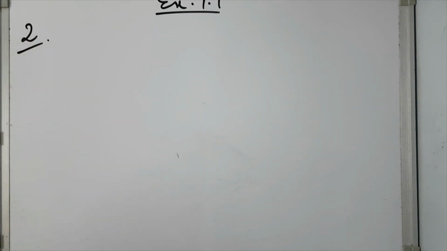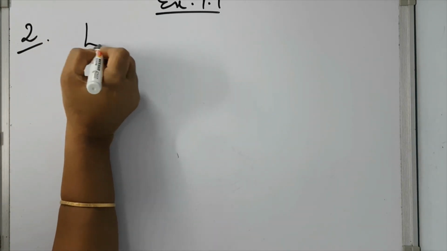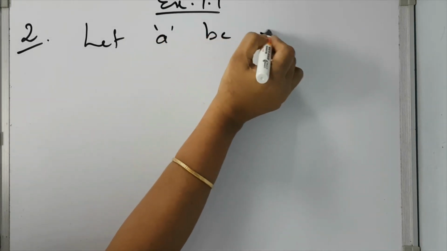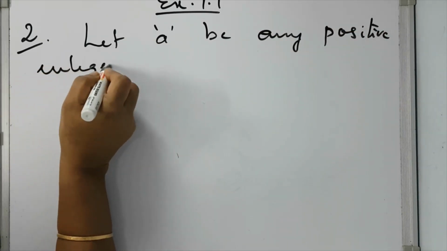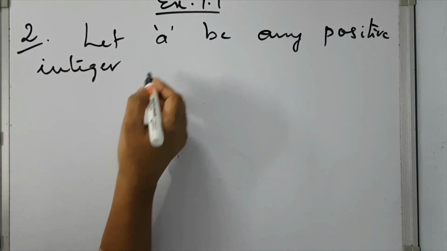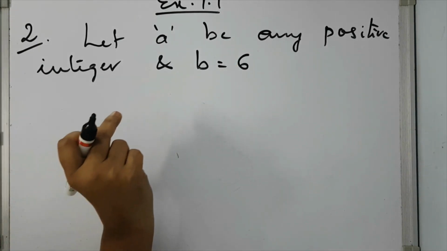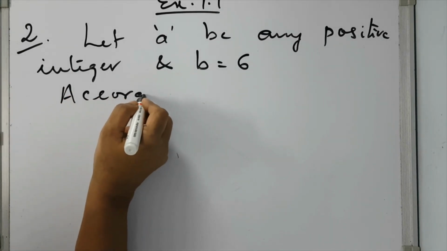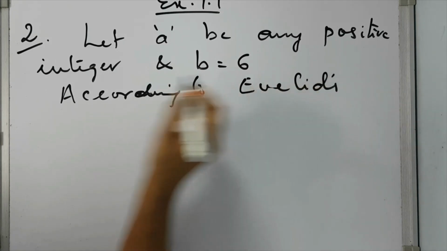Show that any positive odd integer is of the form 6q plus 1 or 6q plus 3 or 6q plus 5, where q is some integer. So its solution is, let a be any positive integer and b, let us take it as 6, because here it's given in the form 6q plus 1, 6q plus 3, 6q plus 5. So let us take b as 6. According to Euclid's algorithm,